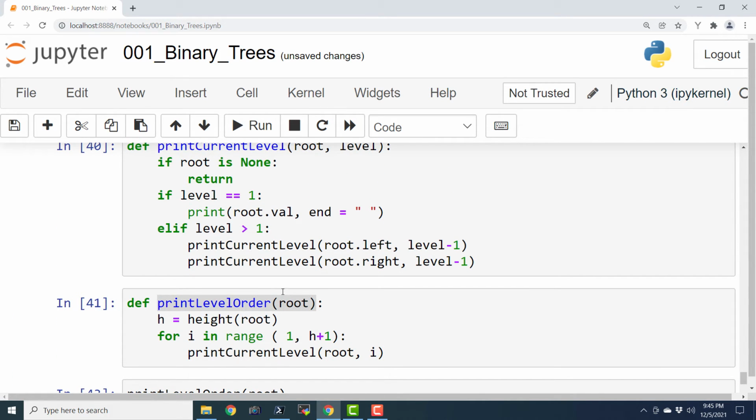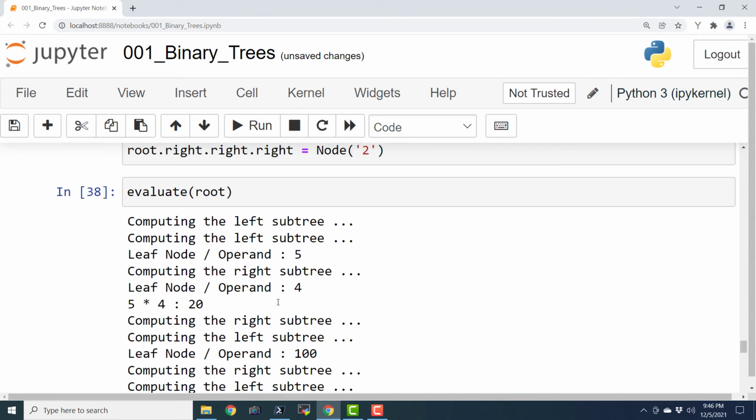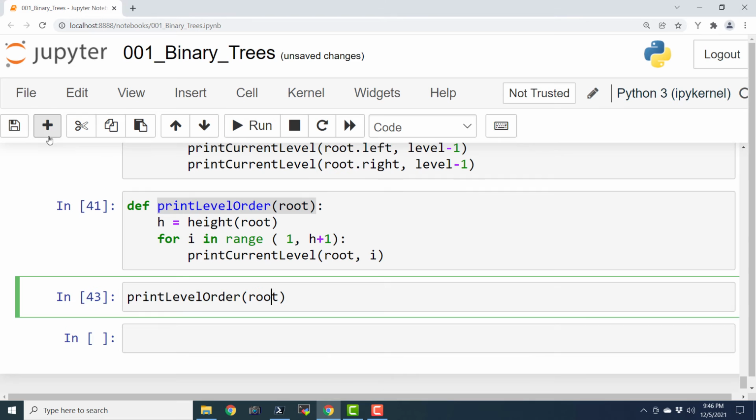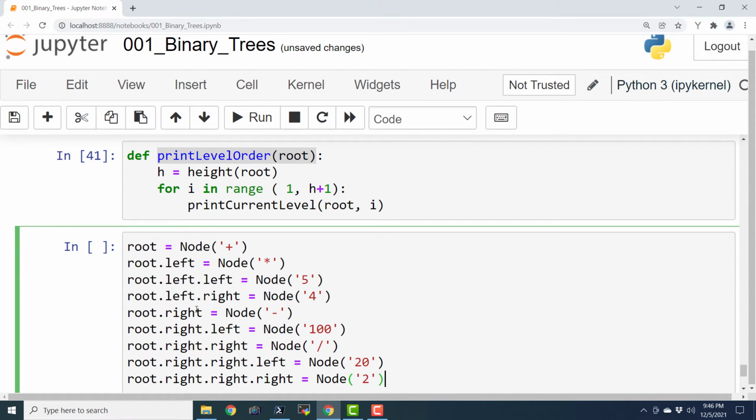Okay, it hasn't printed anything. So what I'm going to do is create another tree. For that, let us copy this and let me shift this cell here. And here we are going to say 1, 2, and here in place of right, it should be 3. So here left, left, and right, right. Okay. Left, left, and left, right. So here I'm going to say 4 and 5.